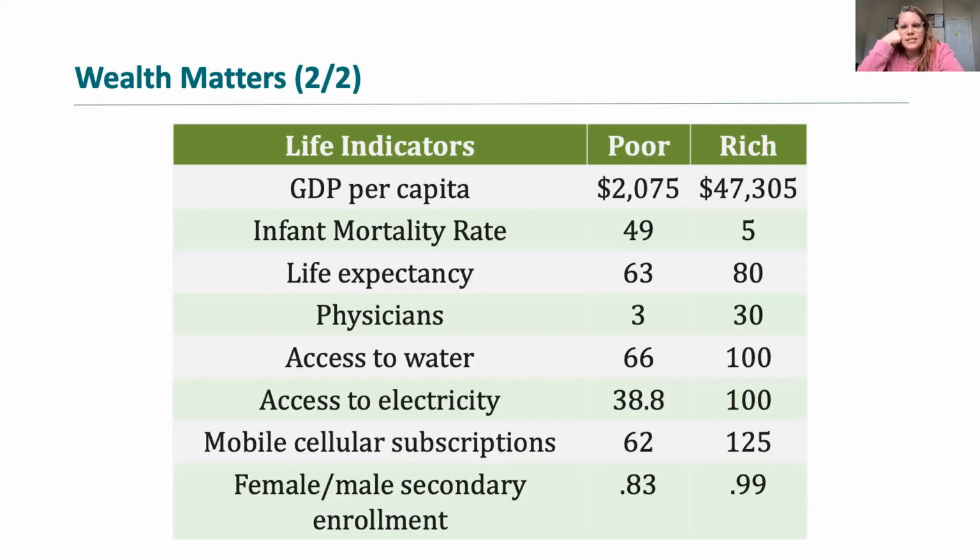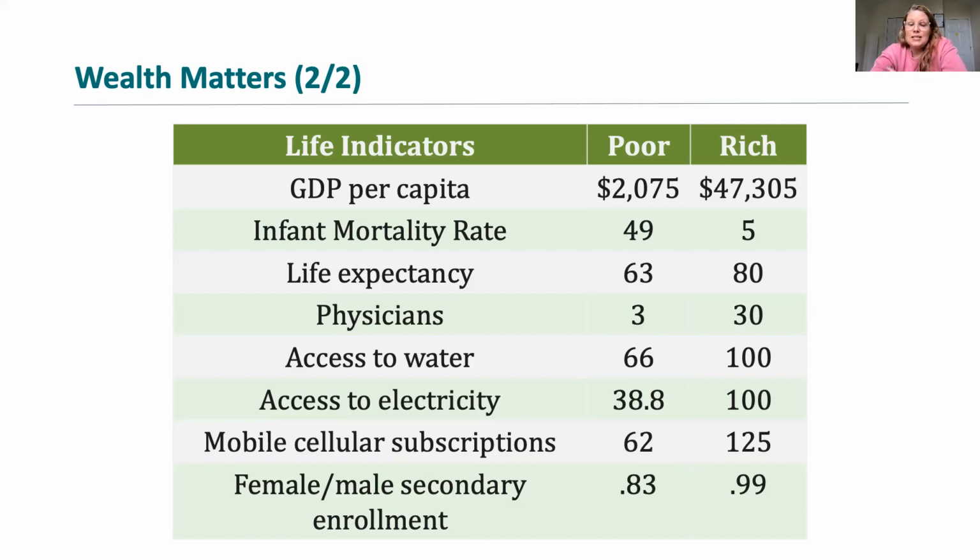Also, clean water and sanitation are things that we tend to take for granted in the United States, but are really available only to a fraction of people in these poor nations. Whereas in richer nations, we tend to assume that it's generally available to all. A lot of children in these poor nations die every year because they can't get clean water.